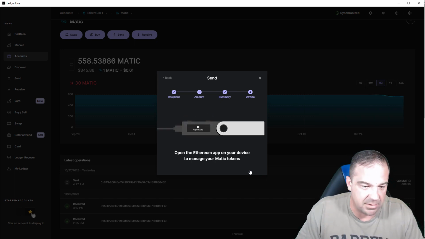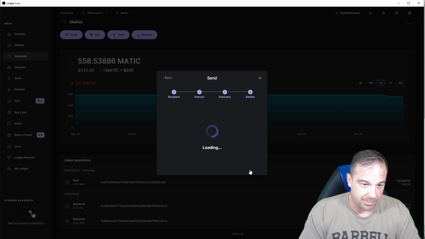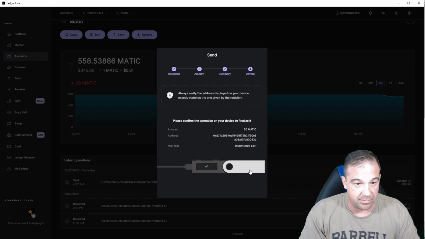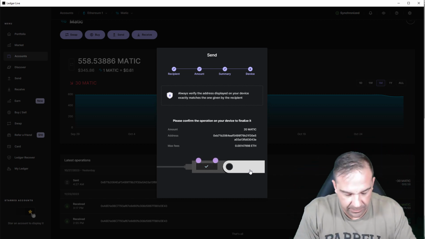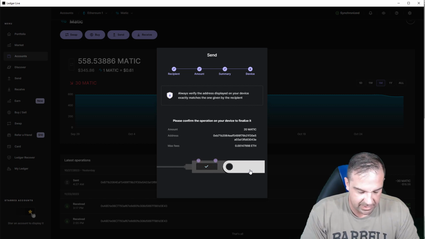All right, now it says open the Ethereum app. Okay, and you're just going to go through here, and it's going to say, all right, application ready. You have to verify, and it's actually going to tell you to look at the address. It's going to say review the transaction on the Ledger. Hope you can see that. You're going to scroll, Matic amount 20, and it's going to give you the long address, which I've already looked at 3 times. Max fees, got it. You're going to keep scrolling all the way to the end, and you hit accept,